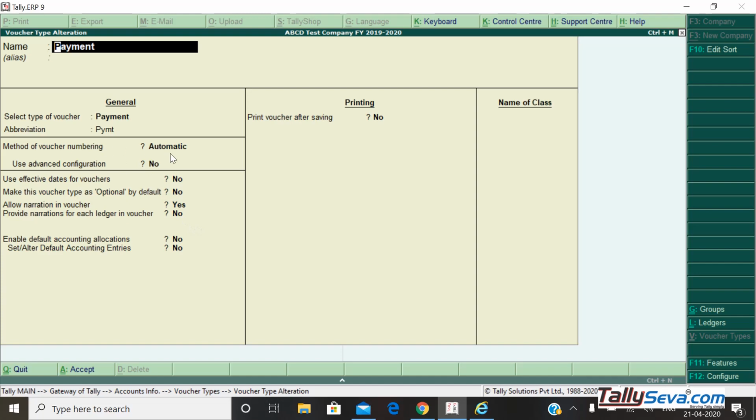There may be a numbering method, narration pattern, automatic number, manual number, suffix and prefix uses, and many advanced voucher class options, like automatically debit, automatically credit. So many features are there. I will create one separate video for voucher type, the complete voucher type information. Just post in your comments if you really want to learn deeply about the entire voucher type part. If you request in the comments, I will prepare a video for that.